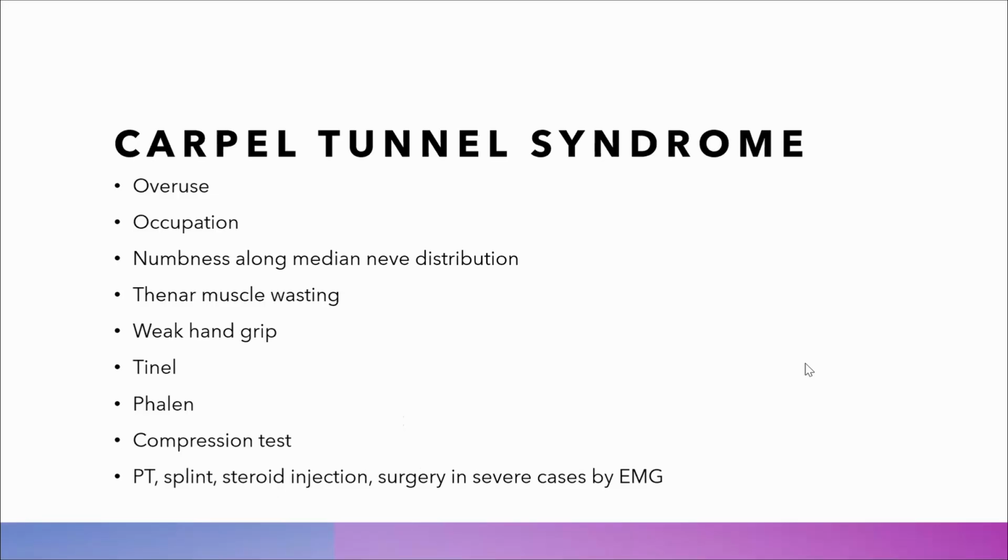Numbness along the median nerve distribution. Again, the thenar muscle wasting, the weakened grip. Tinel and Phalen: remember, know the name of the test and the description of the test. Tinel is tapping on the volar side of the hand, right where the median nerve is, which will cause tingling, right? Phalen is when you ask them to flex both wrists,